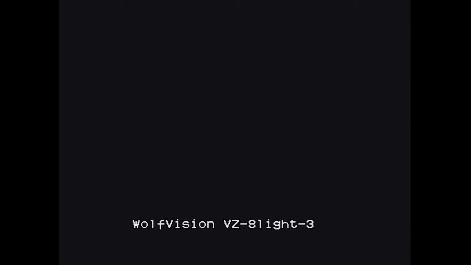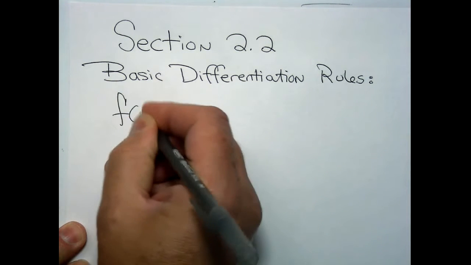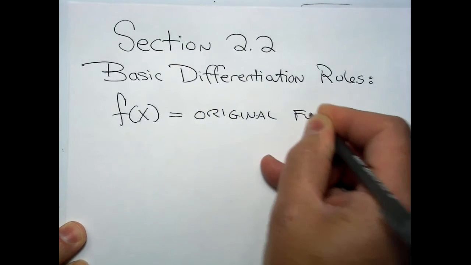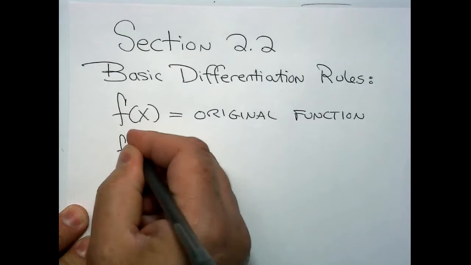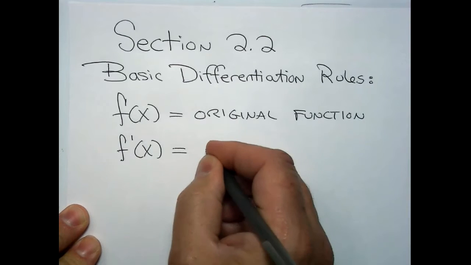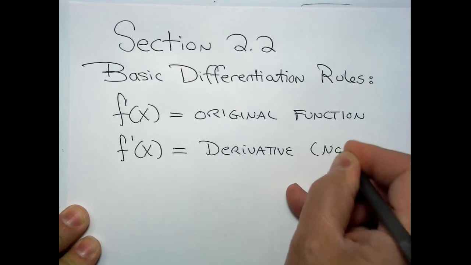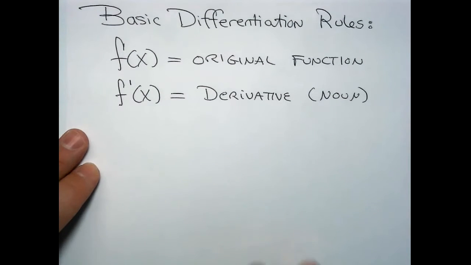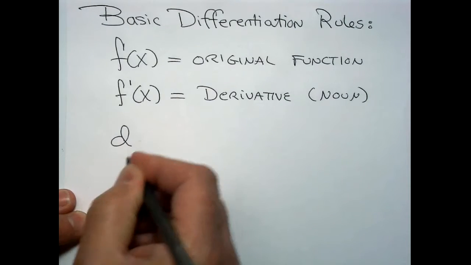Now remember, the derivative is a function, so we need to give that function a name. And if f of x is the original function, we already have a name for it. It's f prime. That's the derivative. This is a noun, because nouns are things. The reason I say that is because we do have other terminology for derivative, but it's a verb, and that's to take the derivative. So this is actually a verb,